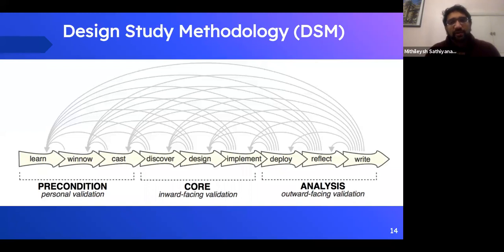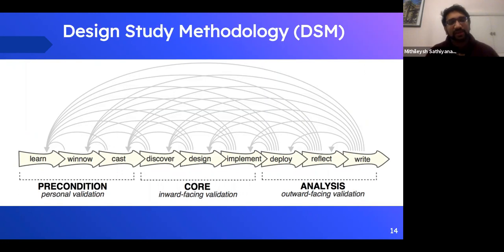The design study methodology was developed and proposed by Professor Tamara in the US. She uses this for any of the sectors. It could be for healthcare, engineering, or agriculture. Wherever you use visual analytics or personal data, they use this kind of design study methodology, where you have collaborators from the industries, from academia, and of course the stakeholders for a particular domain. This is a 9-stage model.